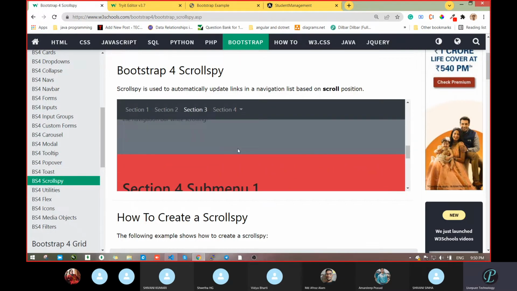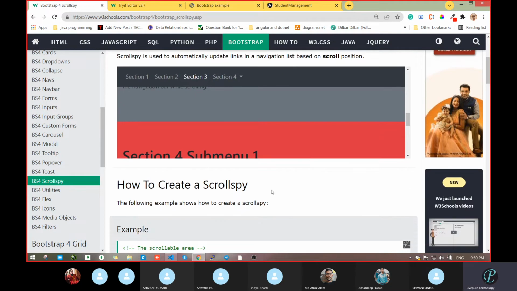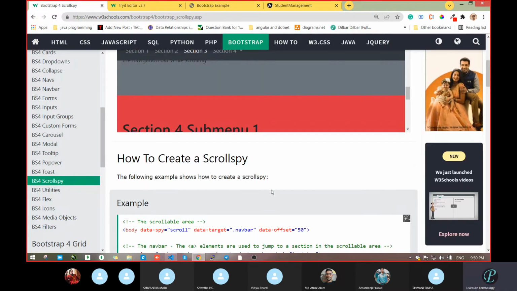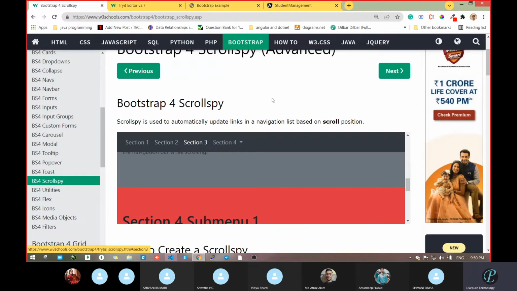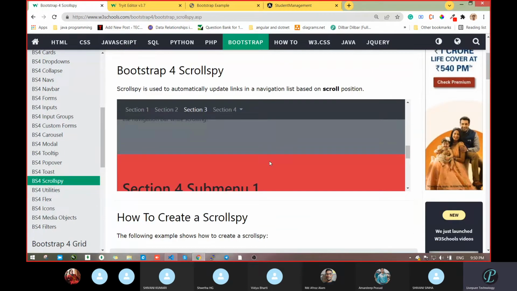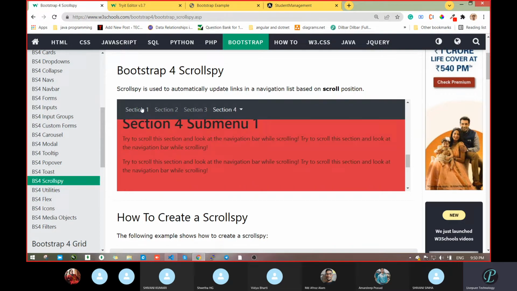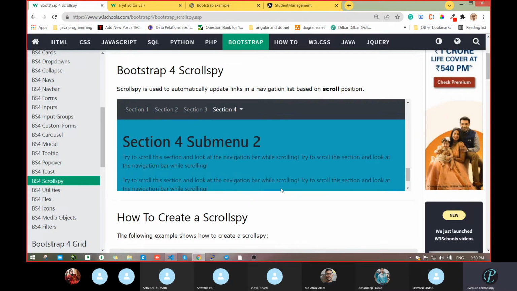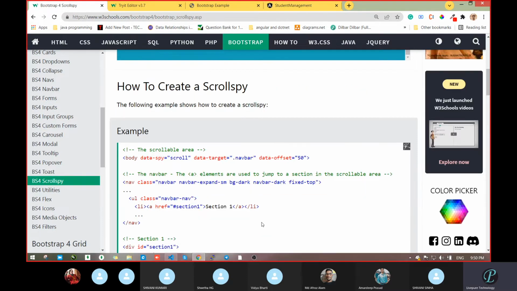So if you use a normal ID and class also, you will get this. What you have to do is, whatever website you have made, you have to design it like this. A navigation bar is there, home, gallery, and some sections in one page itself, a single page website. And when you scroll, it has to auto update. So what is the class name and what are the things there?